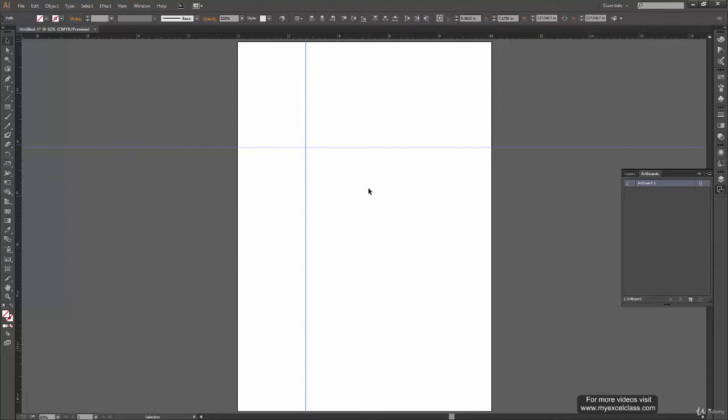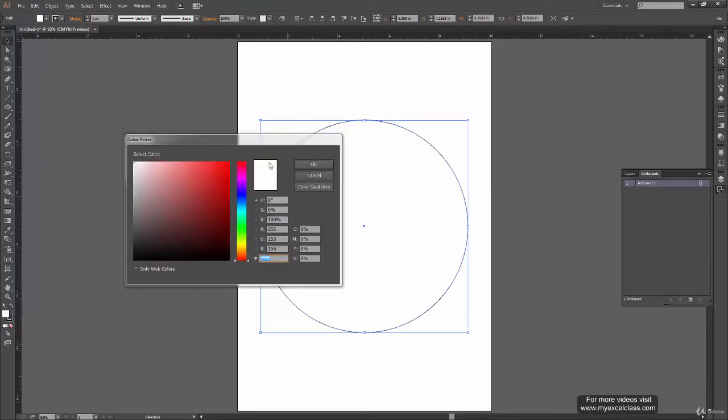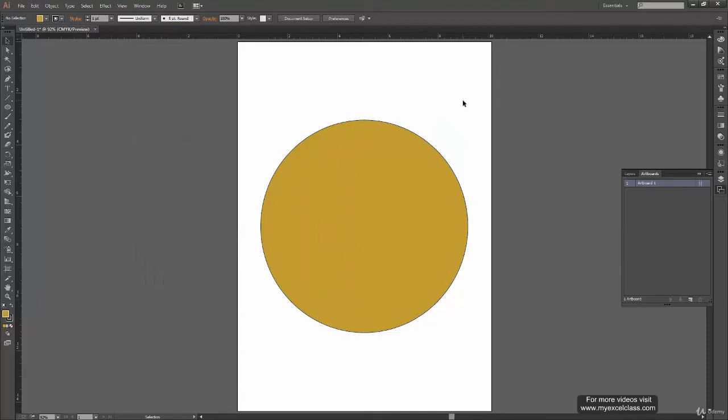To create a guide from an existing shape, all you have to do is create a shape. Now how do we create a shape? We will cover it in future chapters, but right now let's say we have a circle over here. Let me quickly fill color in it, let's say some orange color. Alright, not exactly orange. So we have this circle over here. Now I want to make a circular guide out of this.